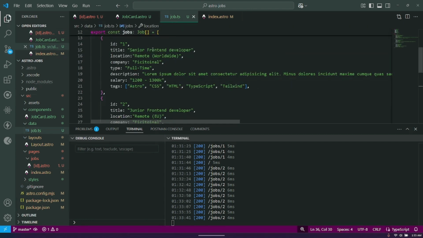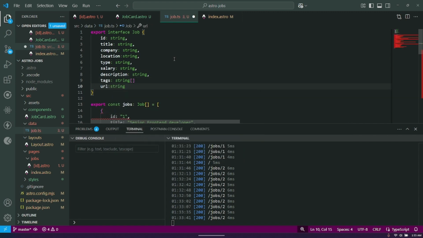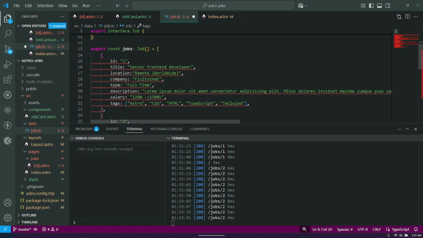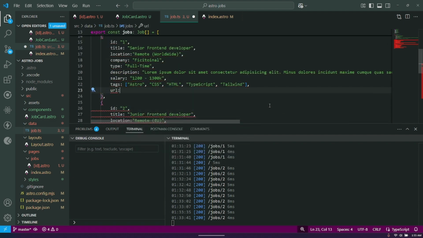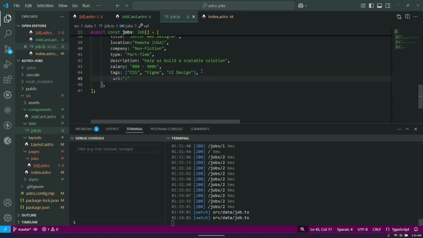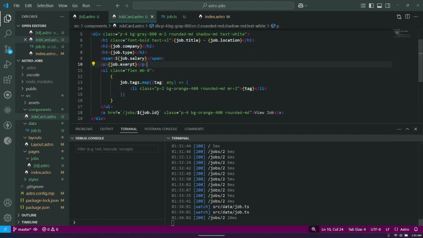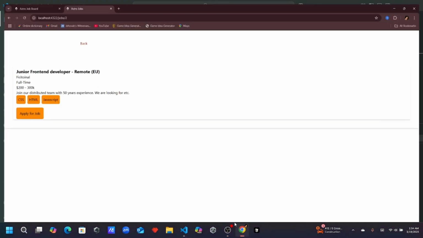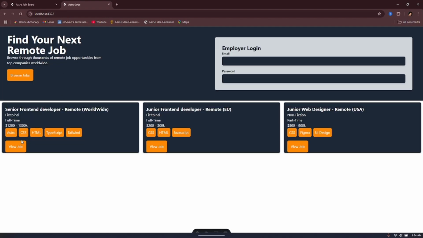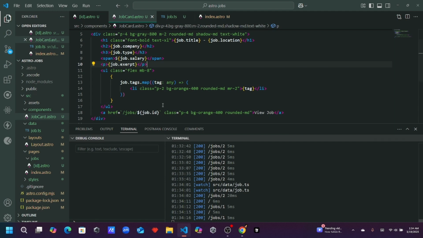So in the jobs.ts, we're going to add a URL string at the end here. Right now the URL only goes to the home page, but the idea is to be able to view job here, then you apply for job, but it goes back. And make sure that